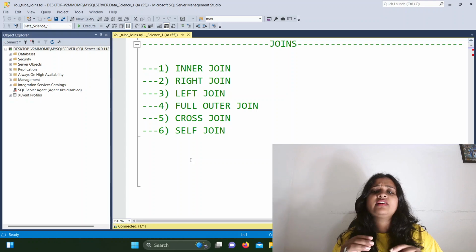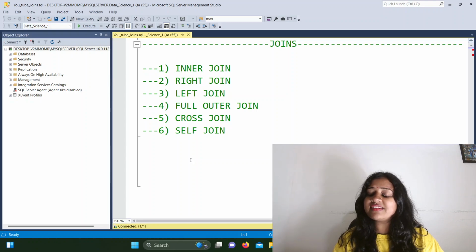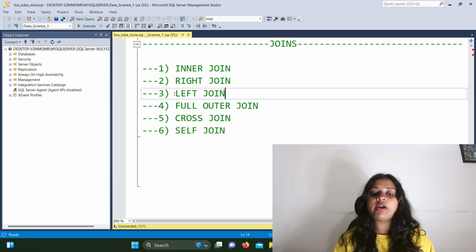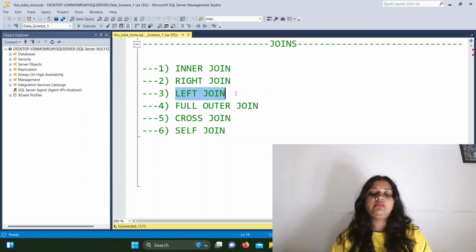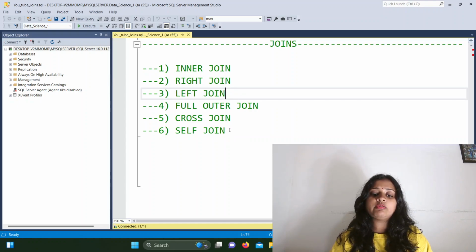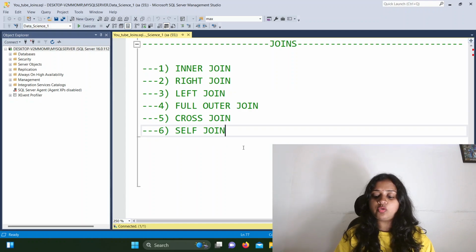So guys, in the journey of data science and AI, we are learning the SQL software, that is SQL Server Management Studio, and in that we are learning the very important topic, that is joins. In the previous lecture, we saw the right join, its implementation, different scenarios as well as syntax. Now in today's lecture, we are going to see what is a left join, its syntax, its different scenarios, and its implementation in a practical way. Okay, so guys, let's move towards the topic without wasting much more time.